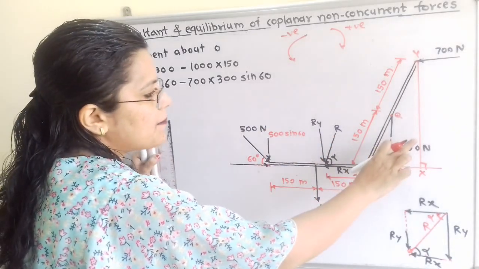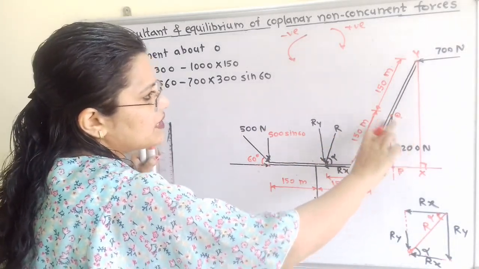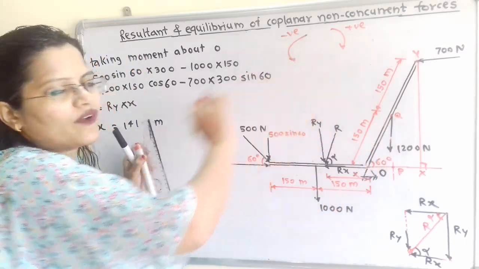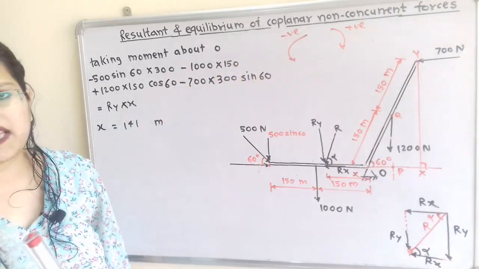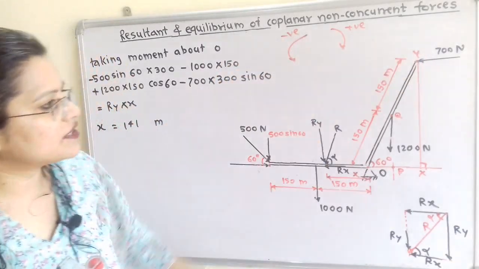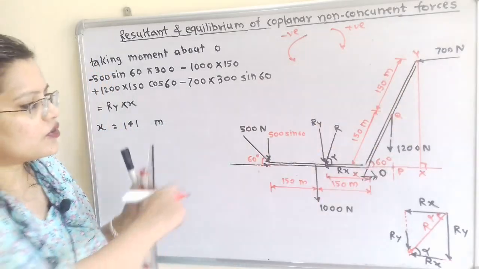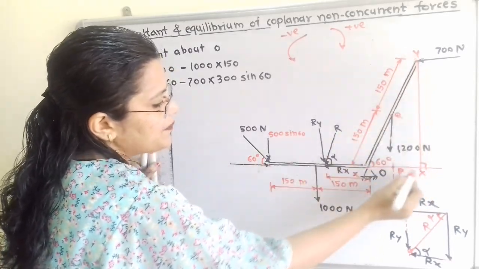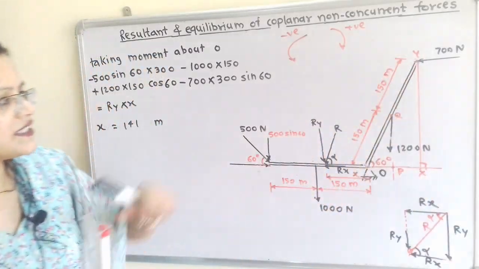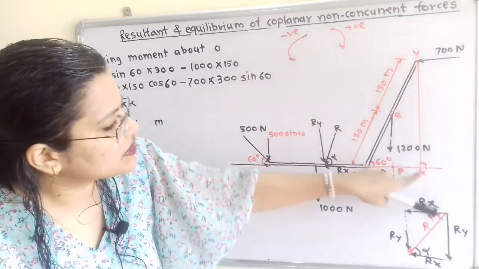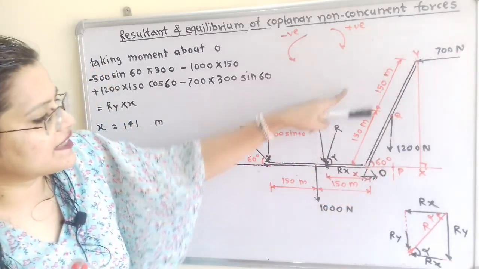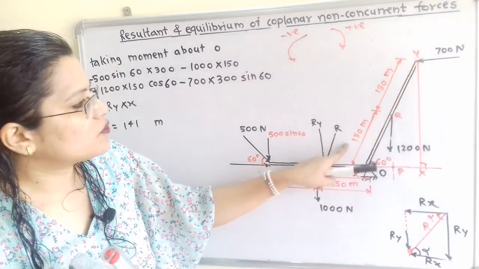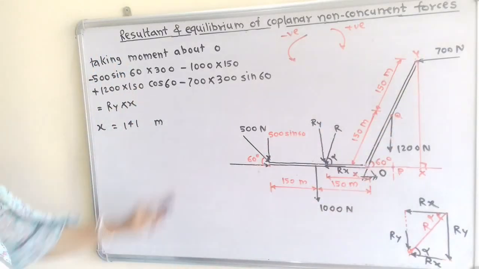Now if I move the compass about the point O in the direction of the 700 Newton force, then here is the anti-clockwise direction. So we have to take the minus sign. So minus 700 into this distance XY. Now in triangle OXY, how to find out XY? So OY is known, that is 300, and this is opposite to the angle 60 degrees. So we can say that 300 sine of 60. So minus 700 into 300 sine of 60,